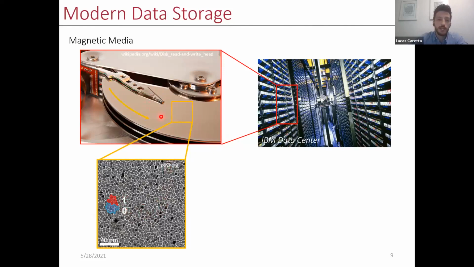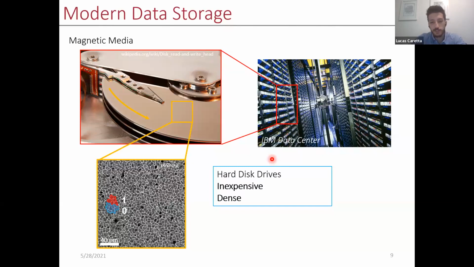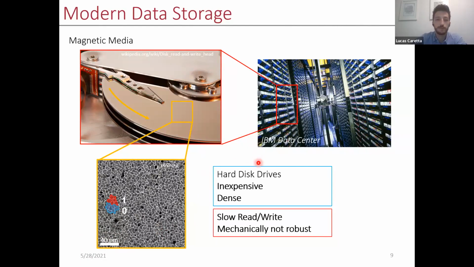This read and write head can essentially read these bits as this disk spins, and this is a staple technology that has really withstood the test of time, right? This has been one of the most widely used forms of secondary storage for decades. One of the reasons is because this form of memory is extremely inexpensive and extremely dense. You can tell by the scale bar here that these bits are on the order of tens of nanometers in size. But there are some obvious drawbacks to this type of technology. Because it's mechanical in nature, it's inherently not very robust. And of course, read and write times are very slow and are a function of how fast you can spin this disk.